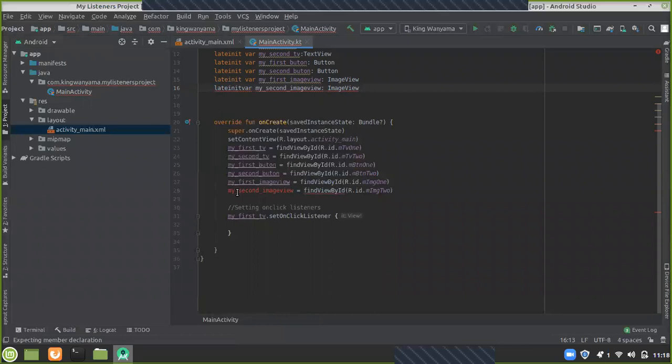So at least we've set the on-click listener here, so that we simply say myFastTV.setOnClickListener. Then when you set an on-click listener, when someone touches that text view, what do we do? Let's just toast a message and say my fast text view has been touched. So we can just toast